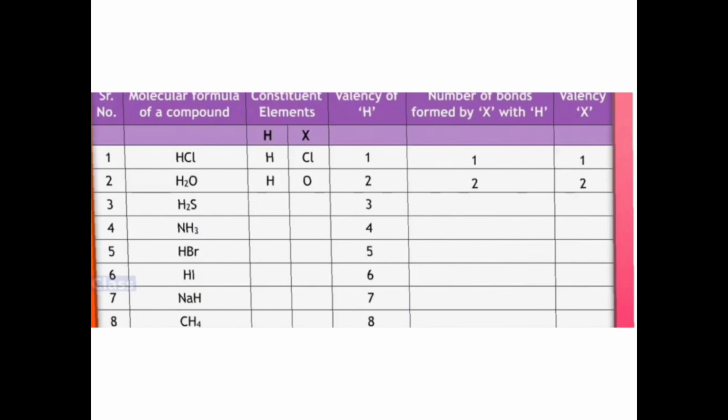It will be always 1. Here is a mistake, children. Here always it is 1. Okay. And the number of bonds formed by the X with the H is, for example, I'll just give an example of